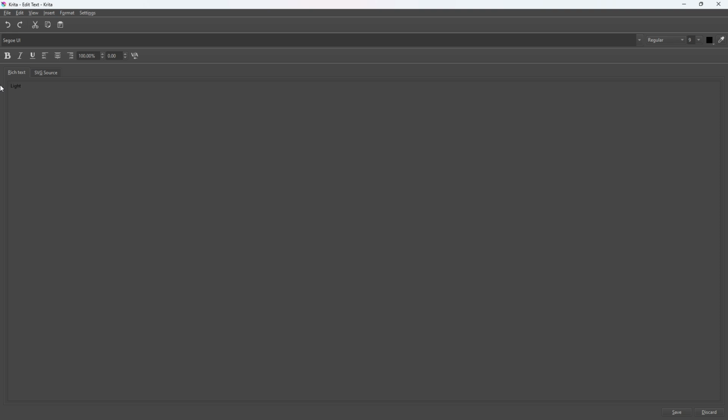Light, and then I'm going to hit enter twice, and then reflections. Now that's going to give me a space between the two lines of text, but you can also increase the space here,